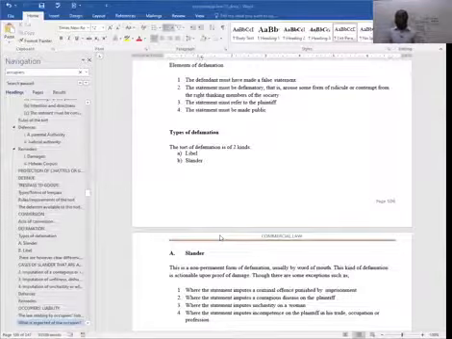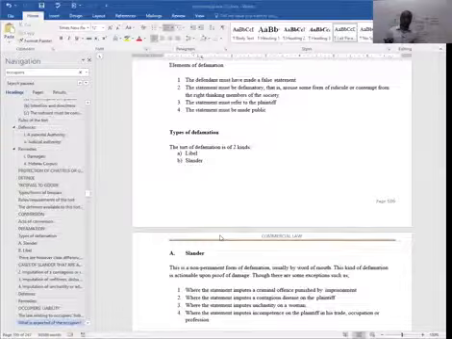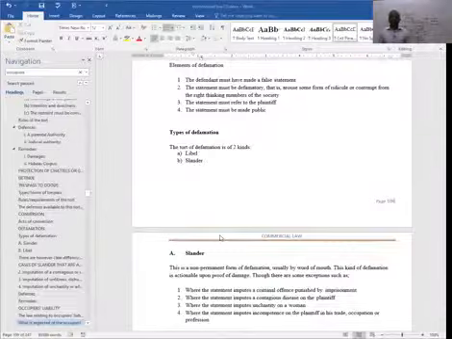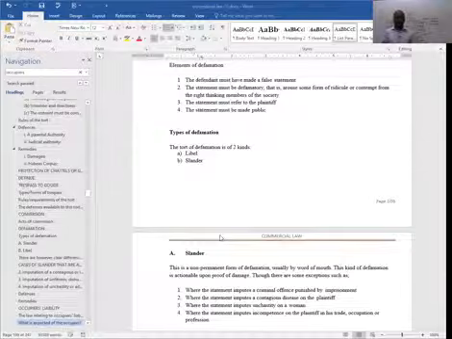If it is libel, then it is actionable without any form of proof of damage, because the evidence that will be there is maybe the printout of a newspaper or a magazine, where the statement made is not true about a particular person, because it is in a permanent form.